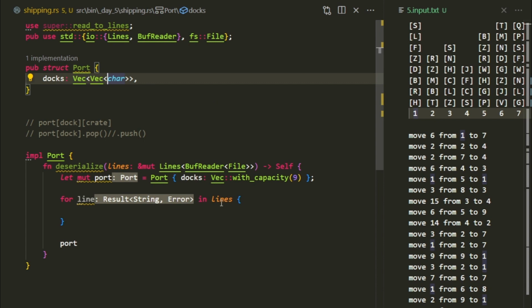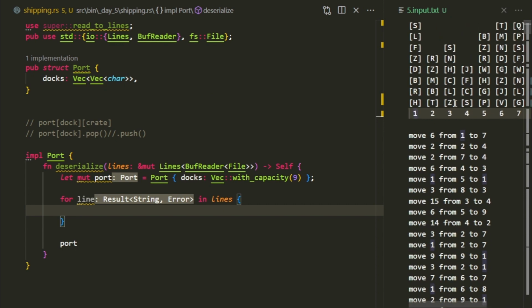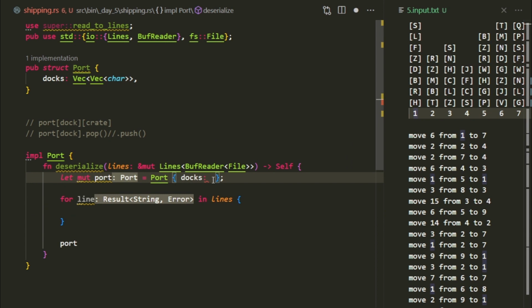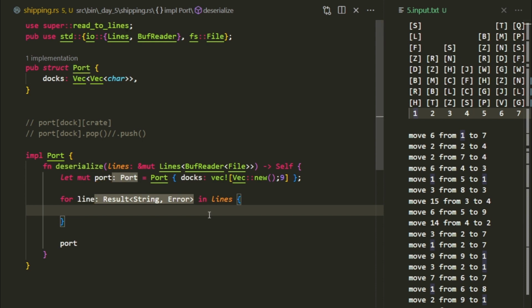All right. Are we going to have index issues? Yes. So let's not do with capacity. We'll just do this. Vec new 9. So now we haven't just allocated 9 docs worth of capacity. We've actually created 9 docs that are empty. So we're not going to get index issues when we start pushing stuff on. So we'll let